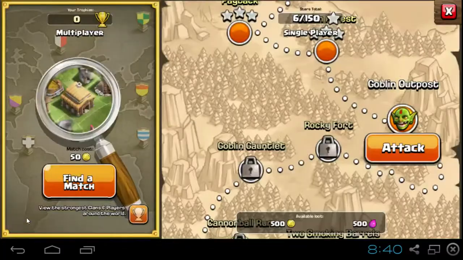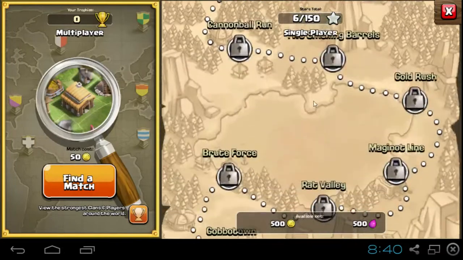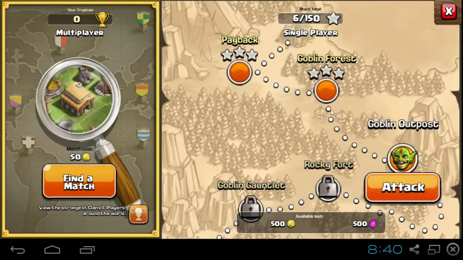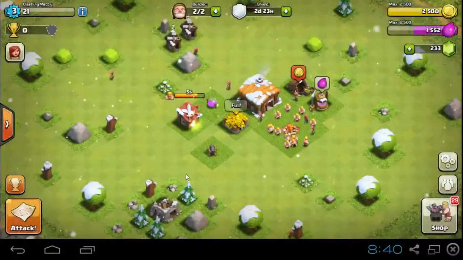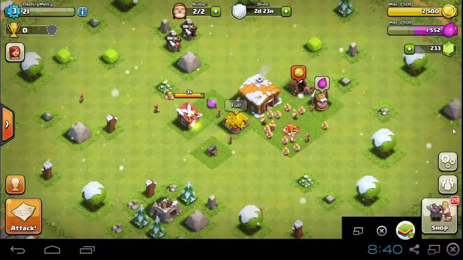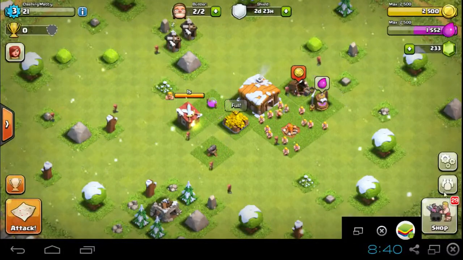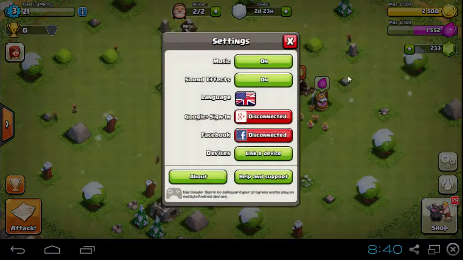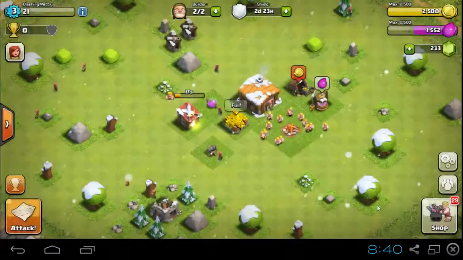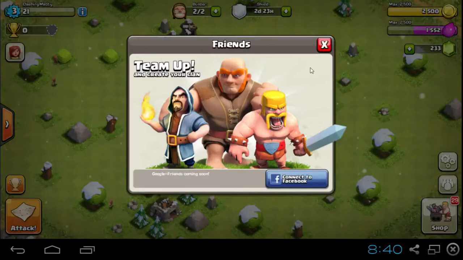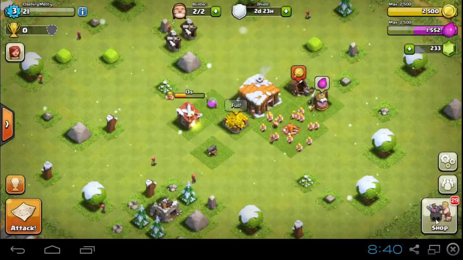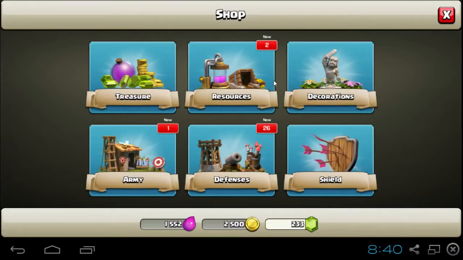Our attack is down here, where we can attack on single player by going to the right, or you can find a match, which will be another person, as in an actual human being that's got an account. Settings over here, which shouldn't really do much. And again, if you want to connect with your friends, shop. Okay, so